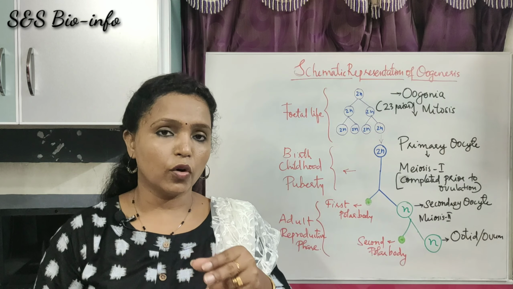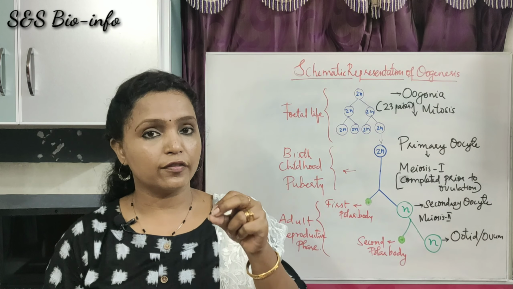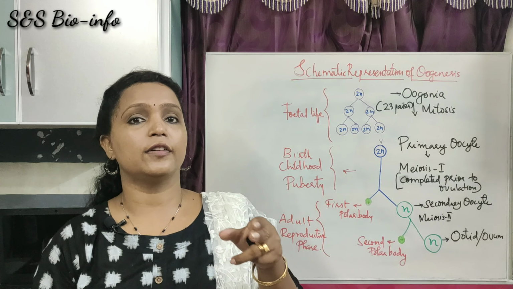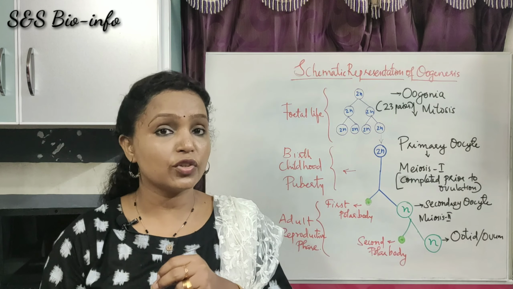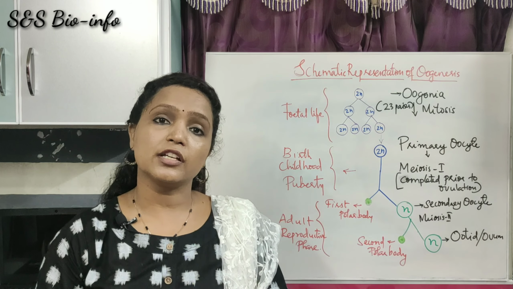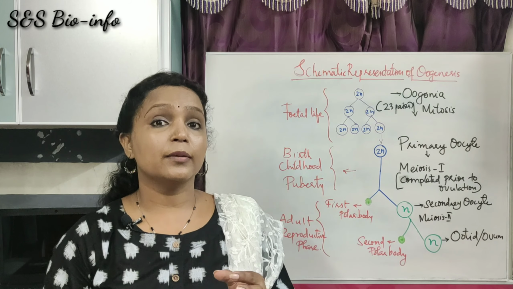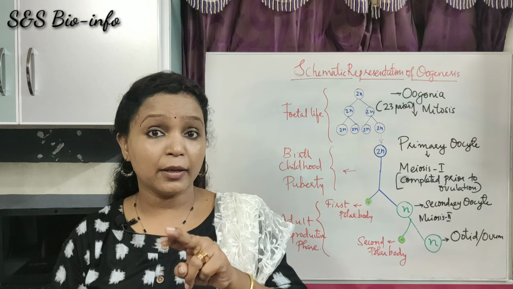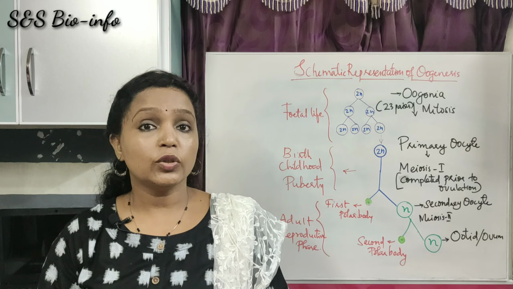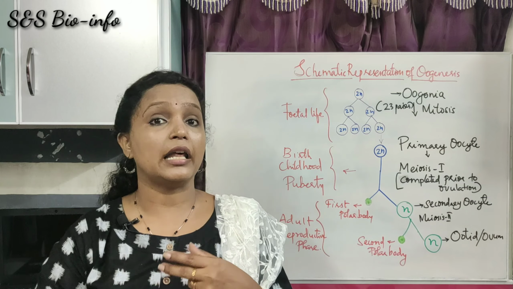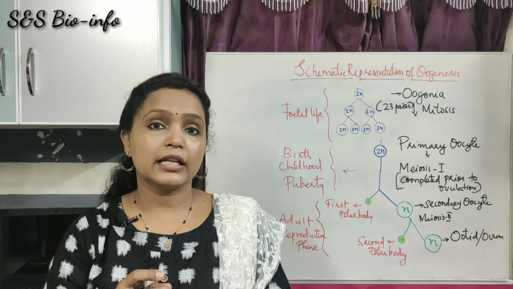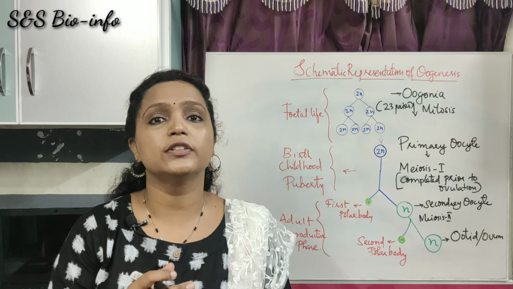After ovulation, the ovum is received by the fimbriae of the infundibulum of the fallopian tube. Then it travels through the ampulla, and finally reaches the ampulla-isthmus junction. Then it waits for the sperm entry. When the sperm reaches there, what happens? The second meiotic division will be resumed, restarted, so that it promotes the next phase, the anaphase stage, anaphase 2,